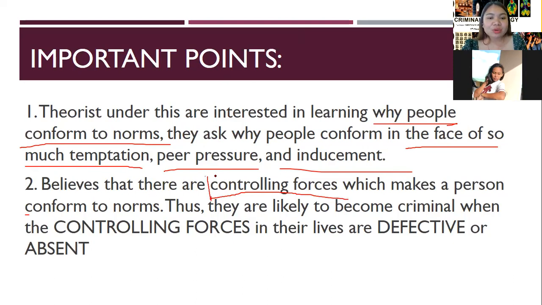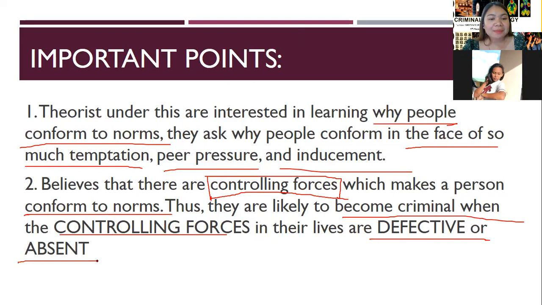Second important point, they believe that there are controlling forces that make a person conform to norms. Thus, they are likely to become criminal when the controlling forces in their lives are defective or absent. Class, statement number 2 is the statement of social bond or control theories as to why there are crimes in